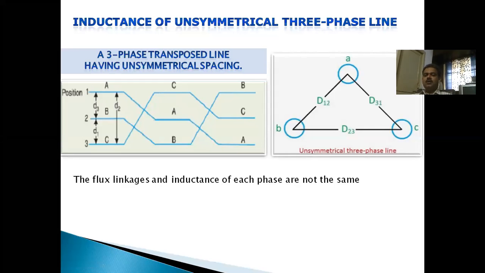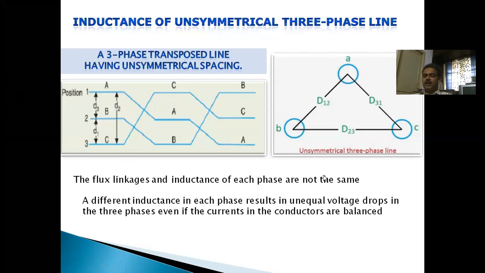So the inductance or flux linkages in each phase are not the same. A different inductance in each phase results in unequal voltage drops in the three phases, even if the currents in the conductors are balanced, even though the same current passes through the conductors,